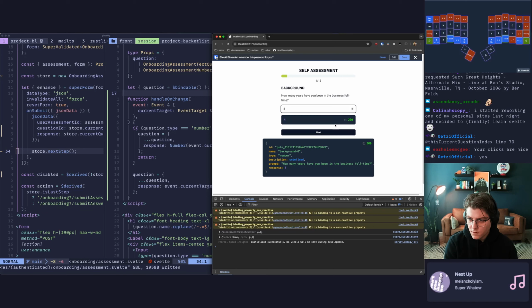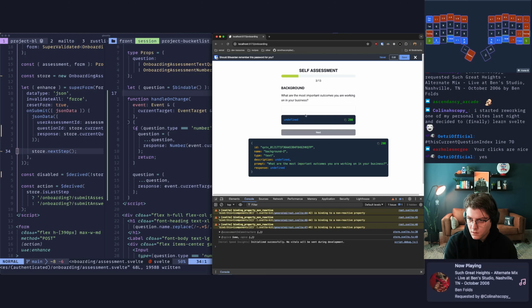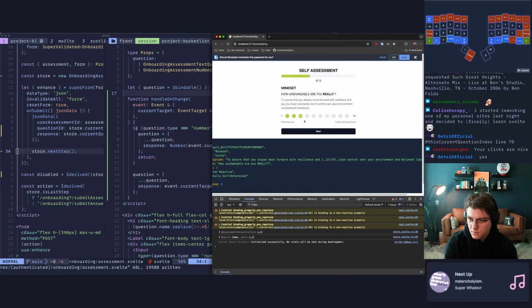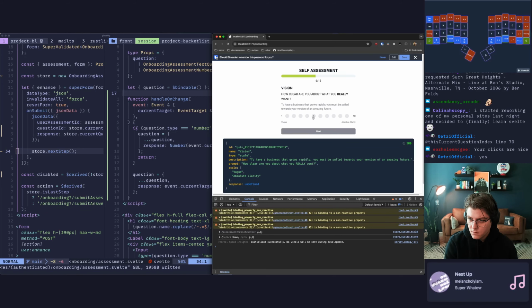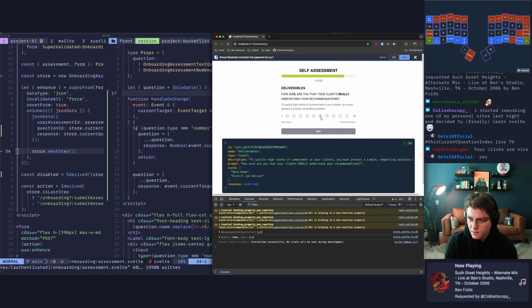So we go here, click next. Click next. That's weird that that's only changing on blur. I want to fix that, but that's okay for now. This feels like it's working as long as it works on the final submit.